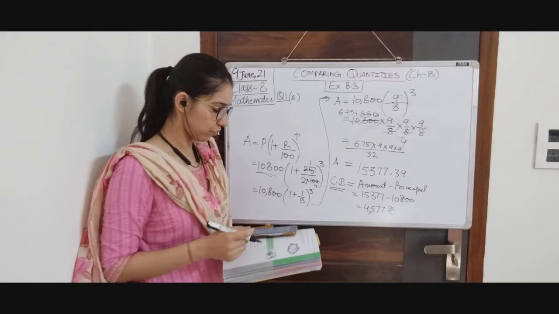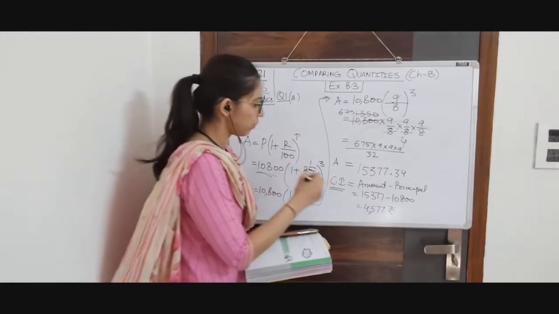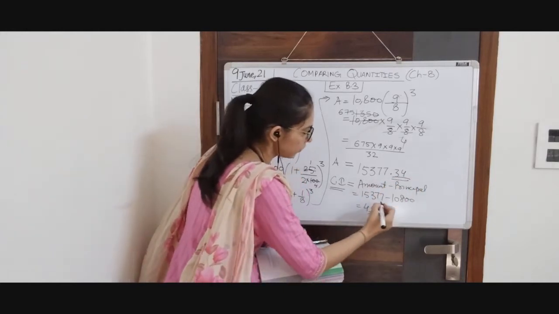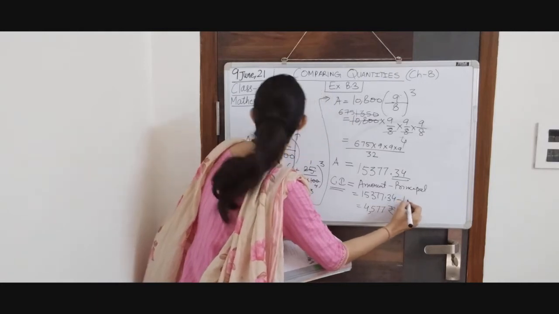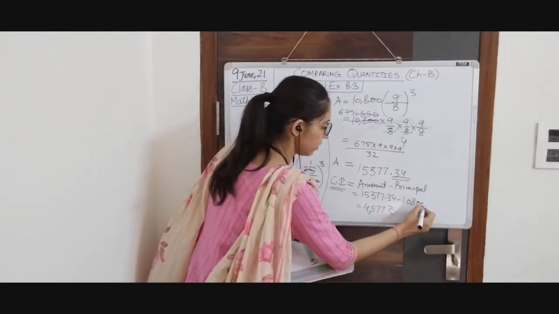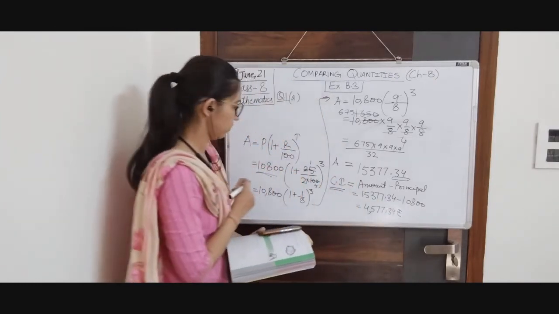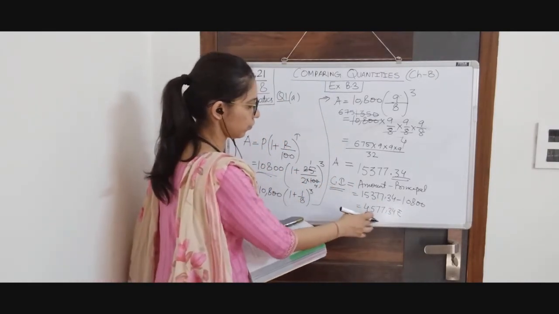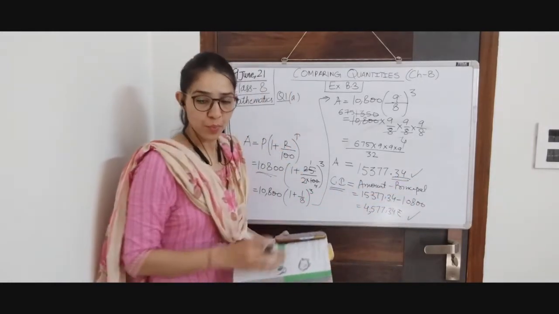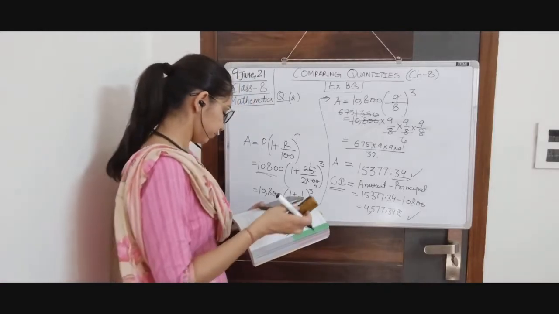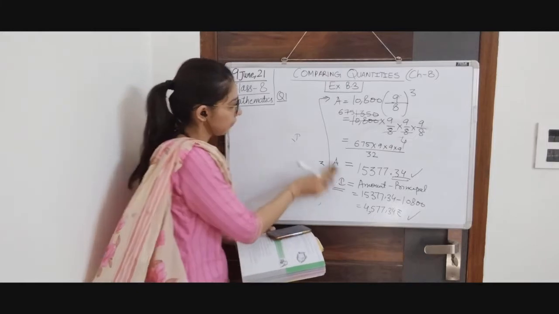This was question number 1, A part. Do a little amendment to A part. I forgot to write this decimal part, so we will be using this also. Minus 10,800, it is 0.34 rupees. So your interest is this much and your amount was this. So these are your answers. Now part B. Part B is the same.